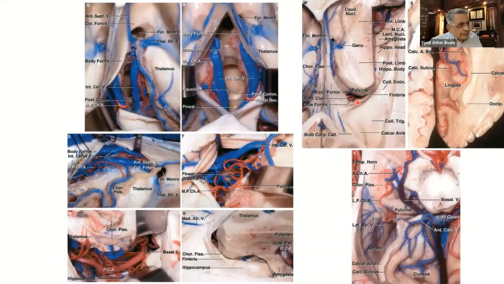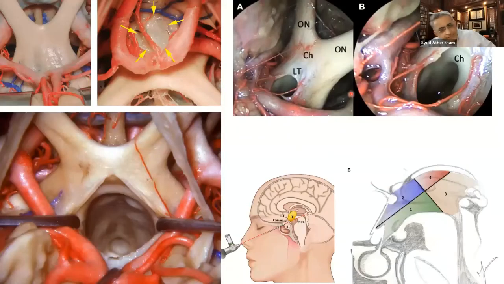One of the approaches is the transcallosal approach. I don't have my own picture of the transcallosal approach, so I just took it from the net, and I forgot to give credit to who it was. Anyway, one can use the transcallosal approach, or not callosal, a translamina terminalis approach. One can use a translamina terminalis approach using the endoscope. I'm not an expert on this, but endoscopically, you can approach it